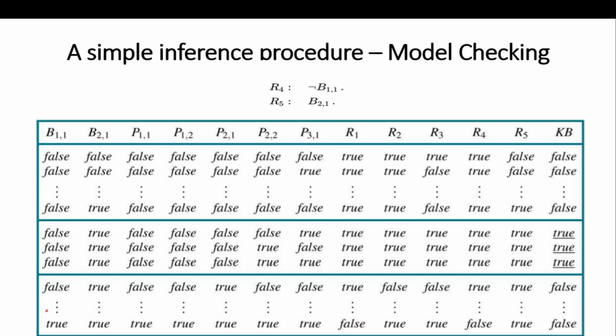So basically this is how the concept of model checking works. Whatever statement you want to prove, you have to identify the relevant symbols and the relevant rules, and with that form a big truth table. This is called enumeration, and then by searching the enumeration you find out whether something can be inferred or not.